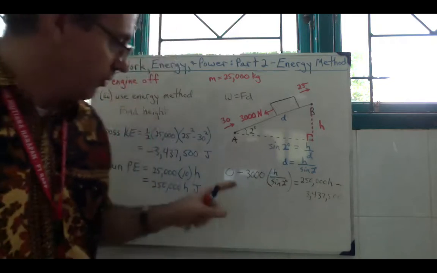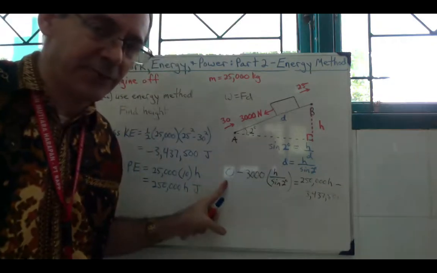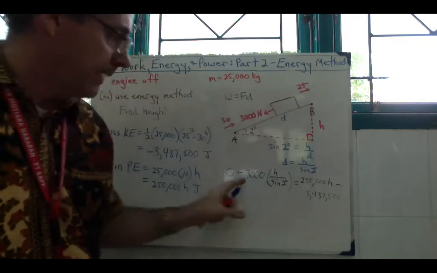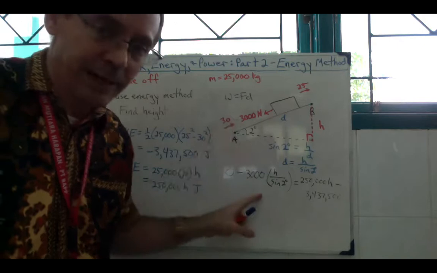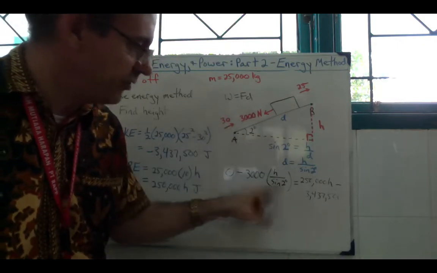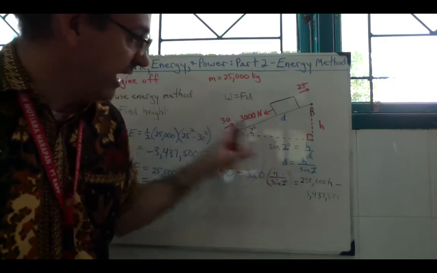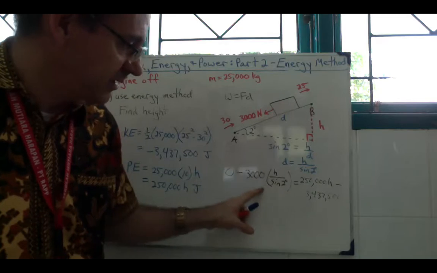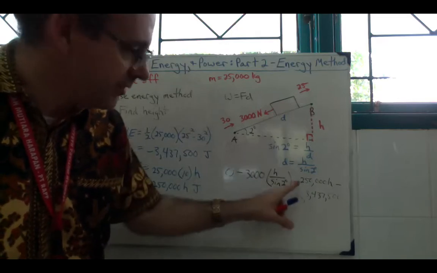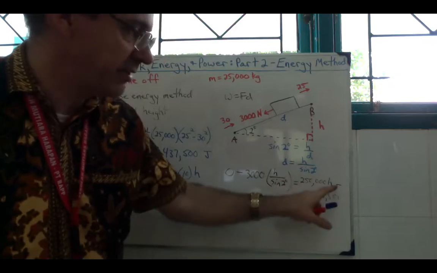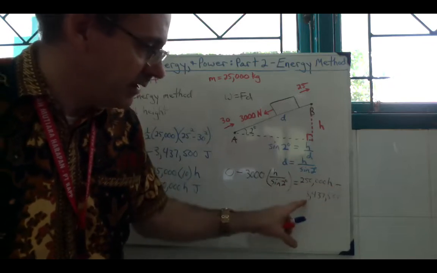Okay, so the work done by the driving force, well, the engine turned off, no driving force, minus the work done by the resistance. Remember, this is in newtons, we want it in joules, so we got to figure out the hypotenuse there. That's our work done against resistance, equals our gain in potential energy, minus the loss